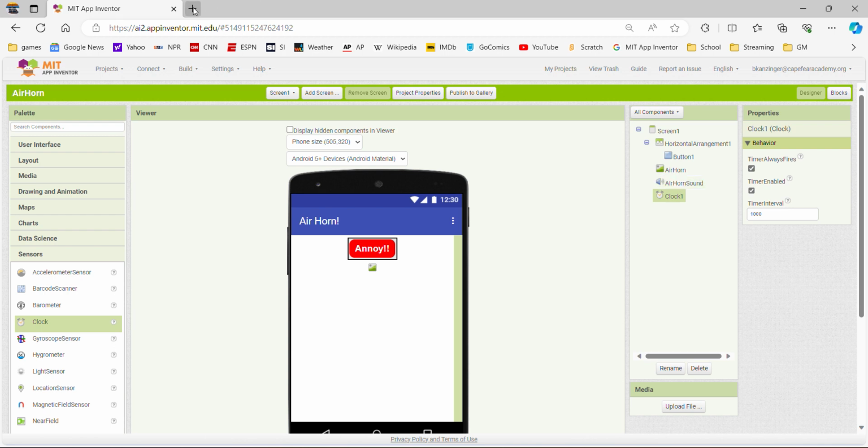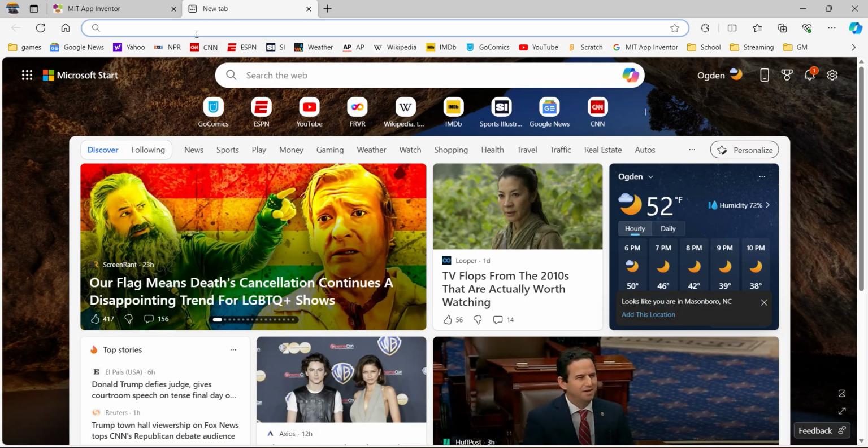So what I'm going to do, and the thing you have to be careful of here, is if you don't create your own work, and you just go to Google and download an image of an air horn or download a sound effect, you could potentially get sued if you try to sell this app. So to make sure that I have everything that is mine, what I'm going to do is